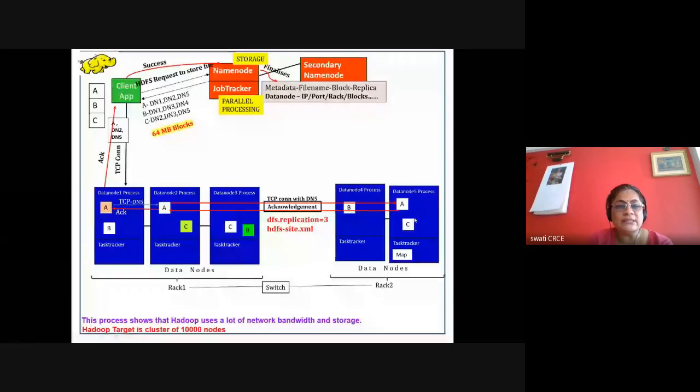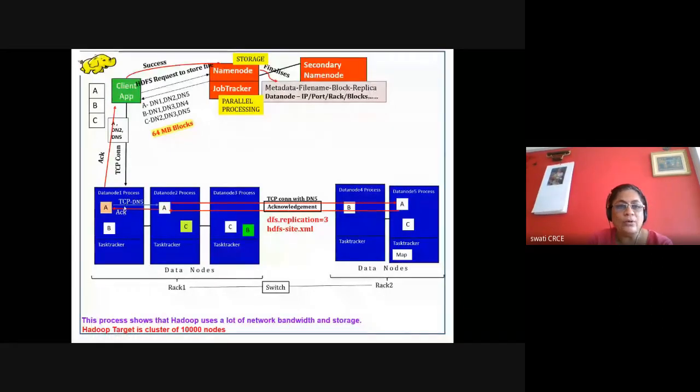Okay, so why is this done? Because suppose data node 1 fails, then this block A will become inaccessible. In that case, the name node will come to know after some time. We'll see how the name node comes to know that this data node 1 is inaccessible, not working, or switched off.